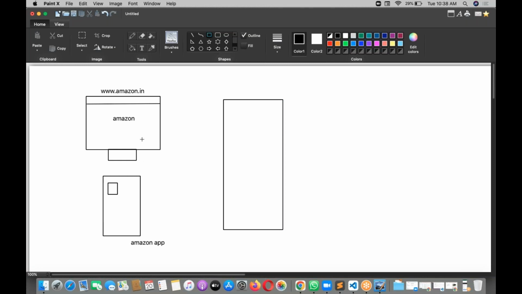These two kinds of devices, your web application and your mobile application, are basically getting the data. So where the data will be, this is the web application and this is the mobile application. Even if it is a web application, even if it is a mobile app, both are communicating with the servers. The same user can log in from the browser, and the same user can log in from the app. Content is not getting changed. Both are connecting with the same server, and servers are communicating with the databases that we know.